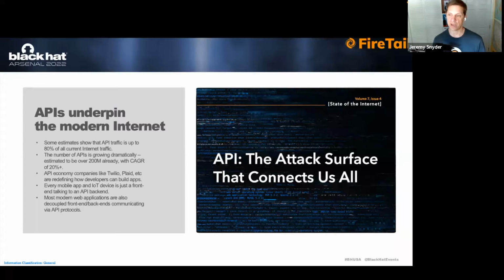And building on that mobile app example that we used just a minute ago, what you can think about is that effectively every app on your phone, every smart device that you have in your home is really an endpoint client to process an individual piece of functionality. And any communication with the backend or the cloud service that it talks to is done over APIs. So we really have APIs all throughout our house. We have them all throughout the modern internet.